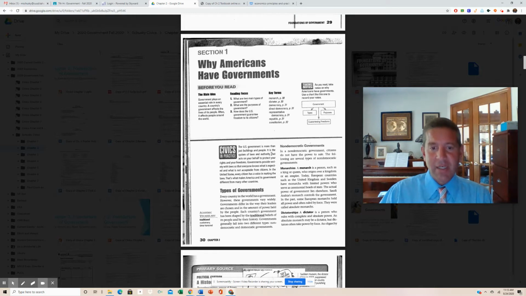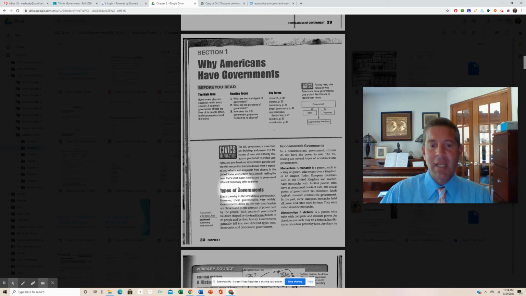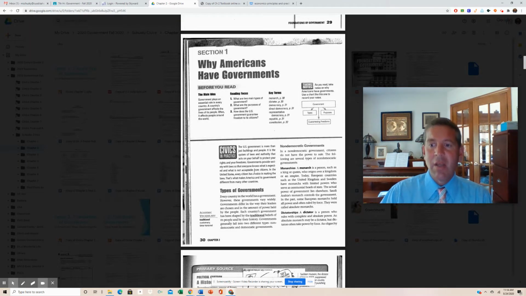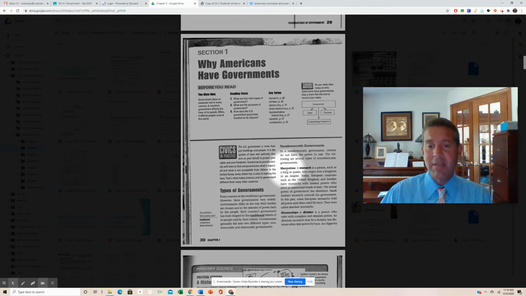Now, there are lots of different kinds of governments. So, Chapter 2, Section 1 begins with types of government, and it lists at first non democratic governments. So, in a non democratic government, citizens do not have the power to rule. So, someone besides citizens rules in a non democratic government. So, the textbook lists three main kinds of non democratic governments: monarchies, which means a king or a queen, usually;